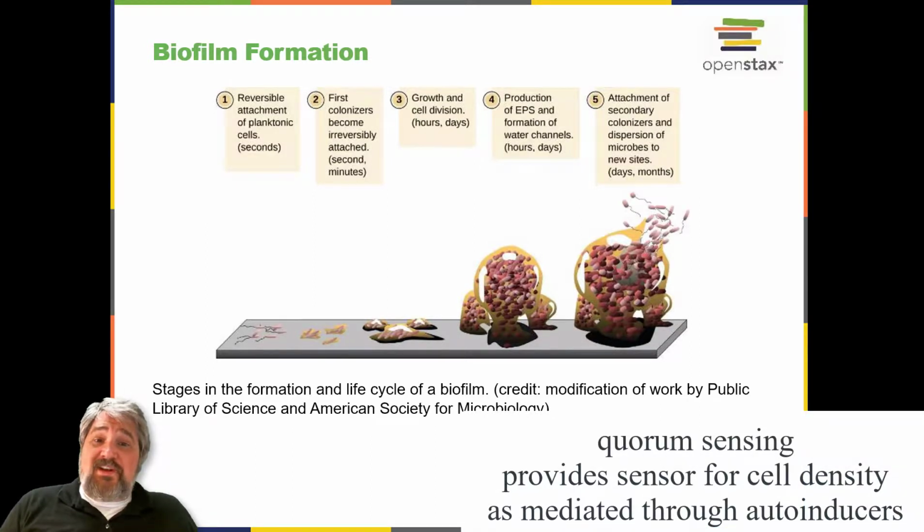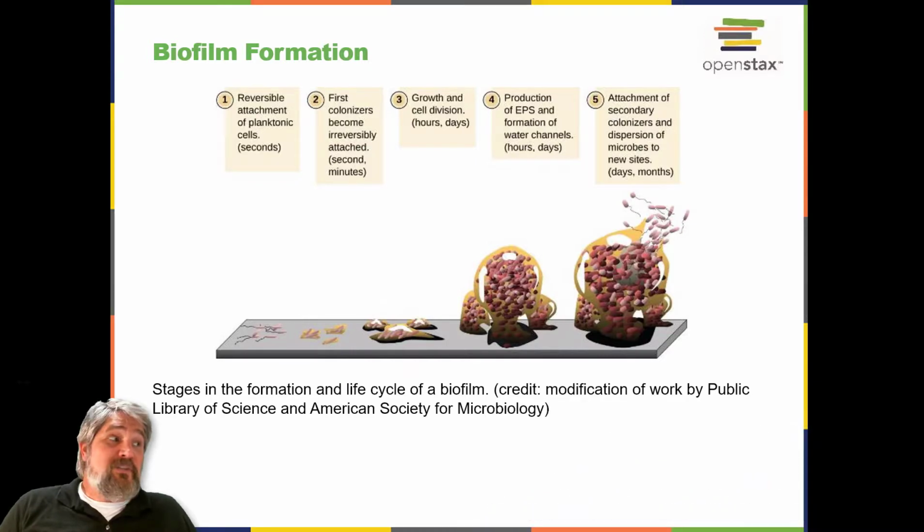Quorum sensing, which can occur between cells of different species within a biofilm, enables microorganisms to detect their cell density through the release and binding of small, diffusible molecules called autoinducers. When the cell population reaches a critical threshold, a quorum, these autoinducers initiate a cascade of reactions that activates genes associated with cellular functions that are beneficial only when the population reaches a critical density. For example, in some pathogens, synthesis of virulence factors only begins when enough cells are present to overwhelm the immune